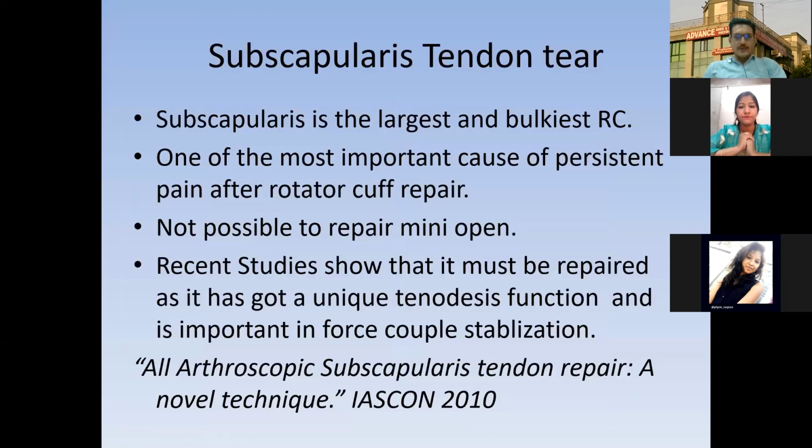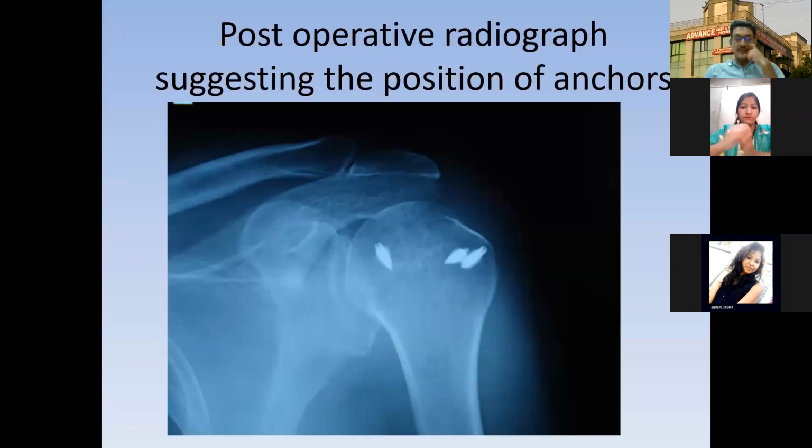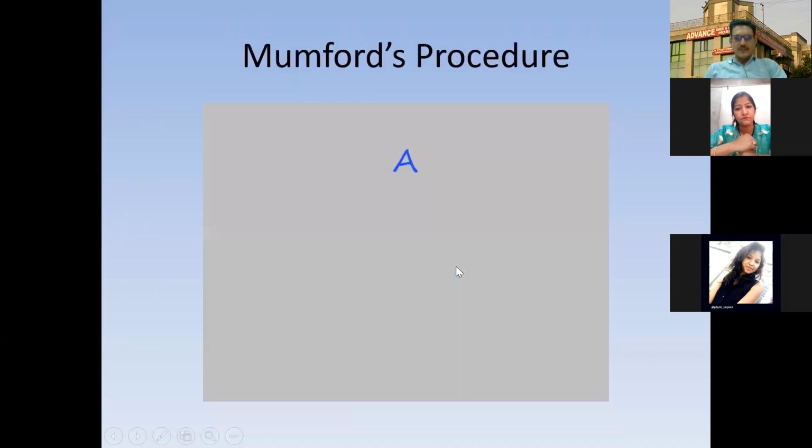So these are all intraoperative pictures. Now there is another, subscapularis tendon, another picture. I'll just skip it. But this is how the anchors will look. So if you are using a metal anchor, this is how these anchors will look. So here in this particular case, we are using 3 anchors. In this case, another important interesting procedure.